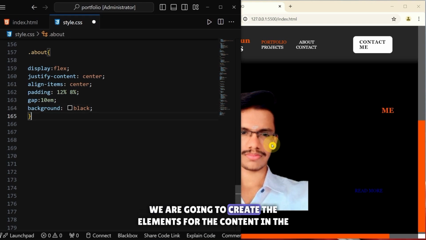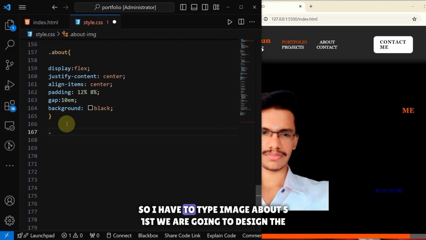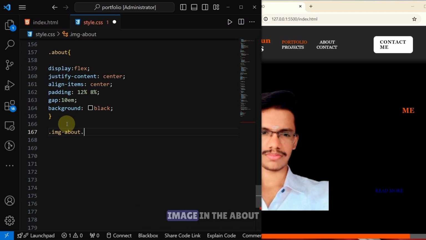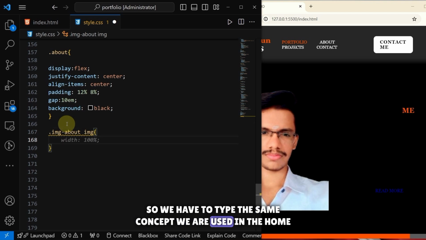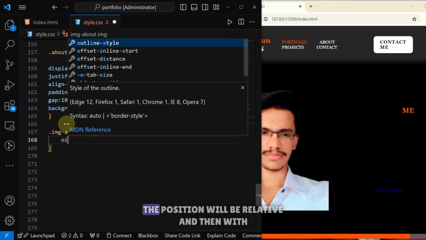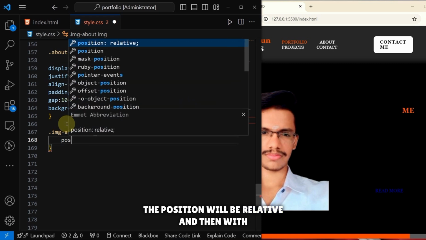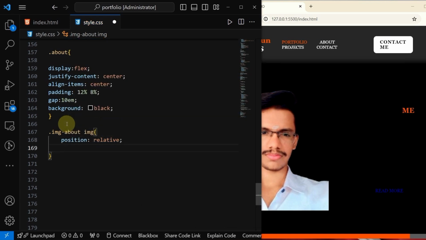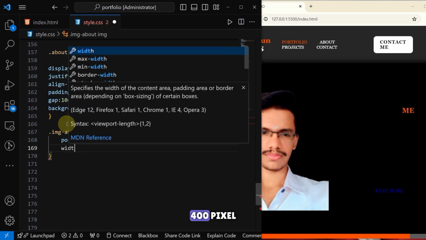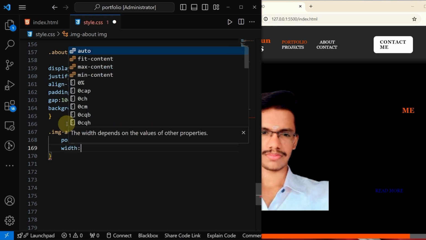We are going to create the elements for the content in the about section. So you have to type image about. So first we are going to design the image in the about. So you have to type the same concept we used in the home section. The position will be relative, and then width 400 pixel,